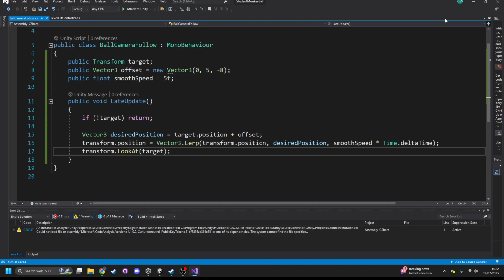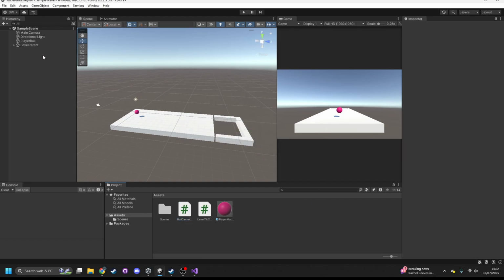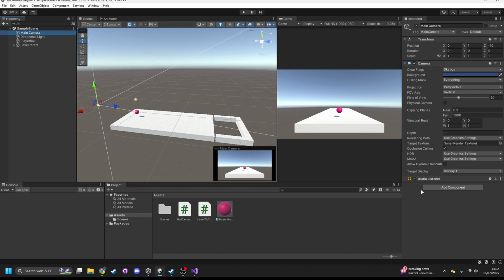Now, if we close that down, and you will have to give it a sec, so we'll want to update again once we're in there. If I go to main camera, I'm going to do add, I'm going to do ball camera follow, and what I need to do here is drag this player ball into here. So I'm literally dragging it from the hierarchy into there. Now if I press play again,